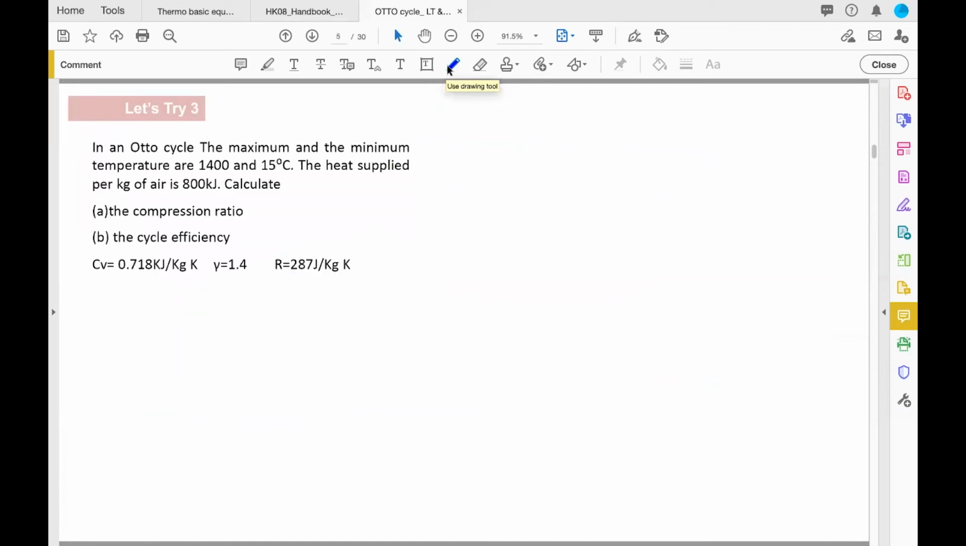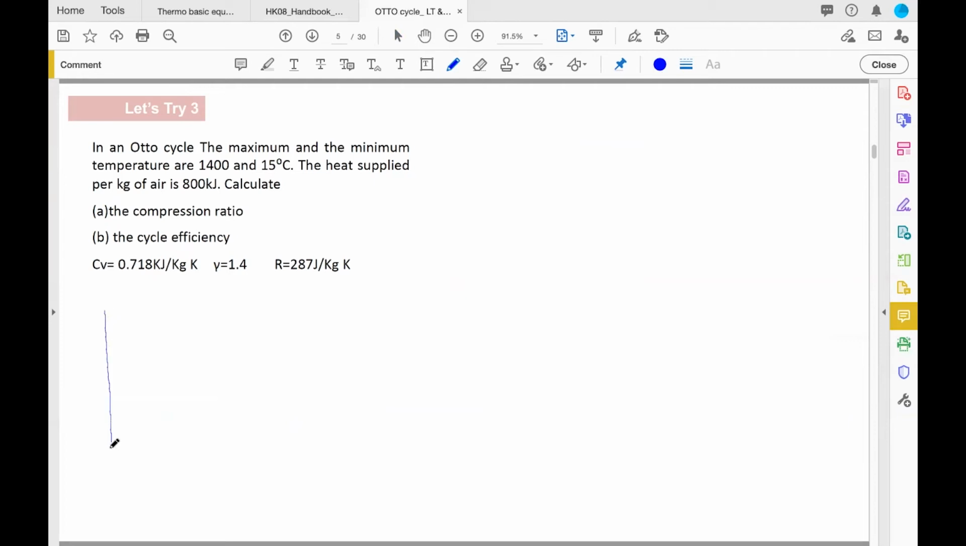So in an Otto cycle, the maximum and the minimum temperature are 1400 and 15 Celsius. The heat supply per kg of air is 800 kilojoule. Calculate the compression ratio. So in this part the difference is that now we are given the heat supply,